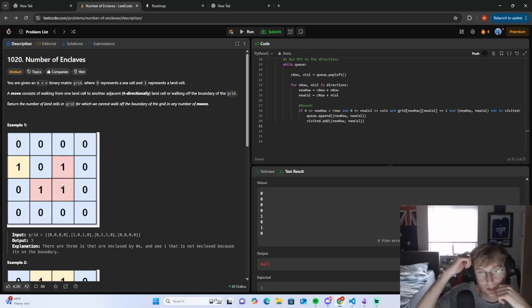I guess now we need to check, well, so we're checking if it's in bounds and it's not equal to 1, right? So maybe the better way would be to check, well, maybe it's out of bounds, right? If we check if it's out of bounds,